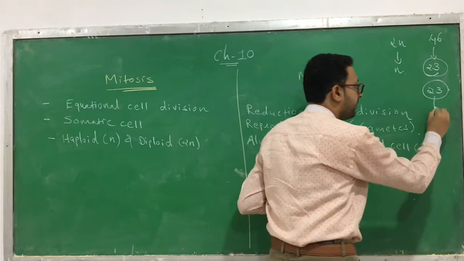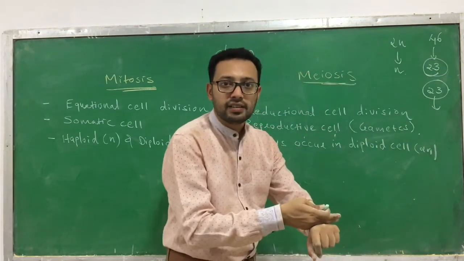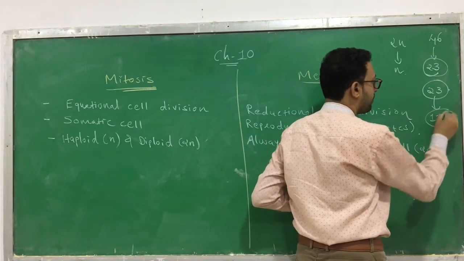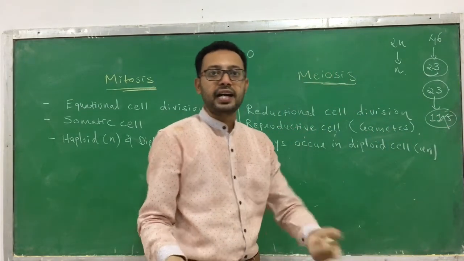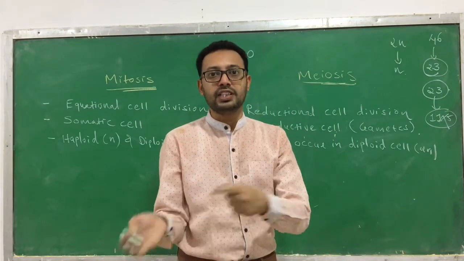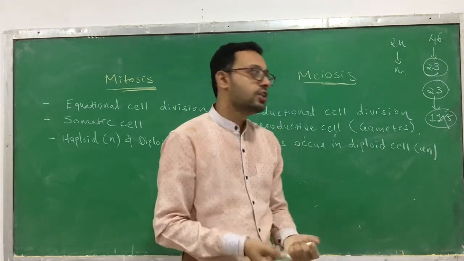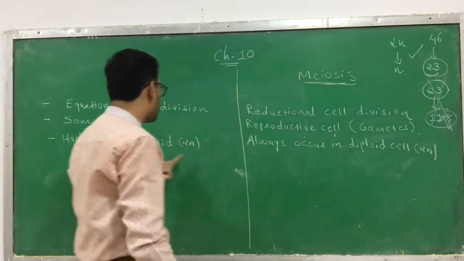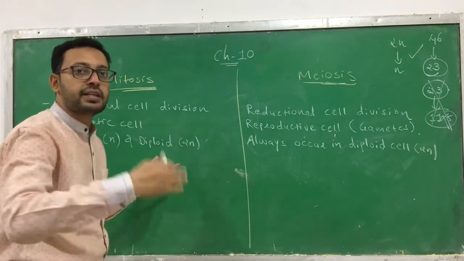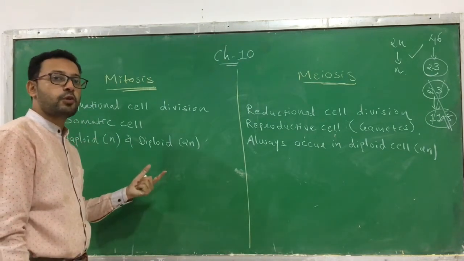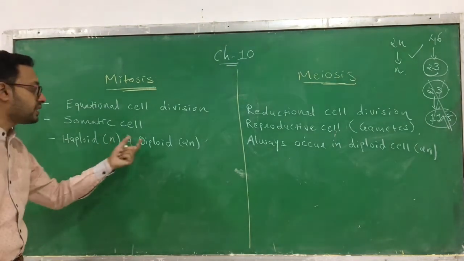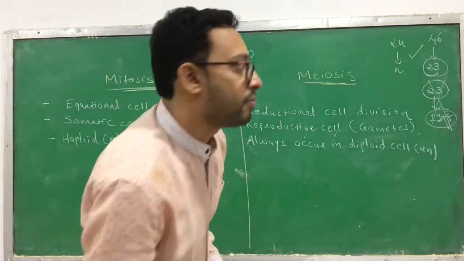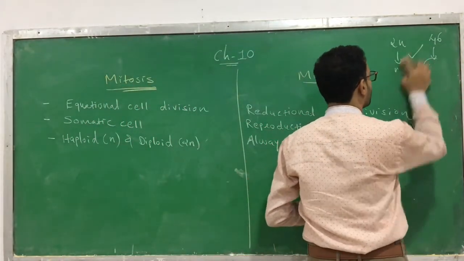So can it get halved? Can 23 be halved? No. If it is halved, what happens? It is just 11.5. This is not possible. There is no half chromosome. Either there is a chromosome or no chromosome. There is no such condition as half a chromosome. So it is not possible in a haploid condition. It is only possible in a diploid. But in mitosis the chromosome number remains the same, so 23 chromosomes can become 23 chromosomes. So no problem. It can occur in a haploid cell as well as in a diploid cell. But meiosis always takes place in a diploid cell. It never occurs in a haploid cell. So this is the condition.